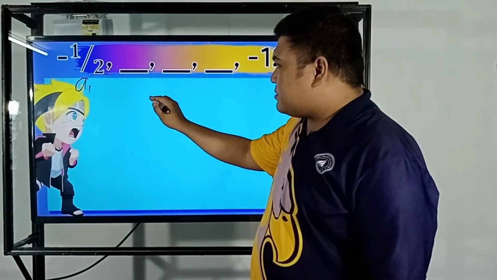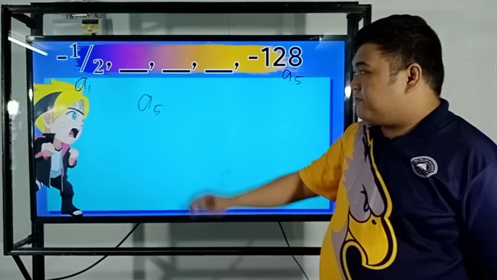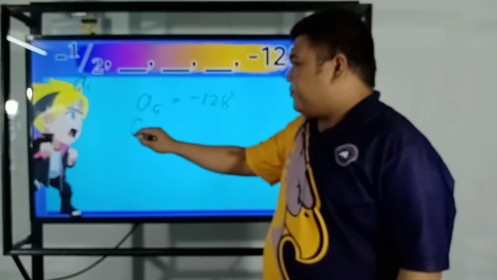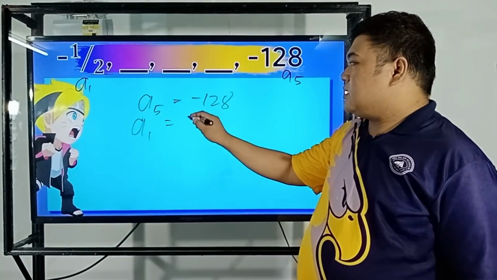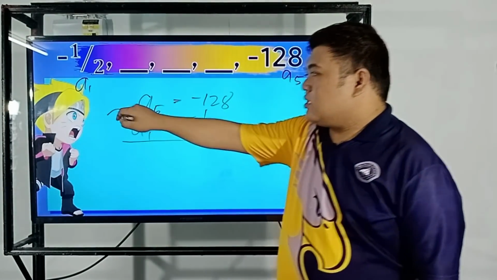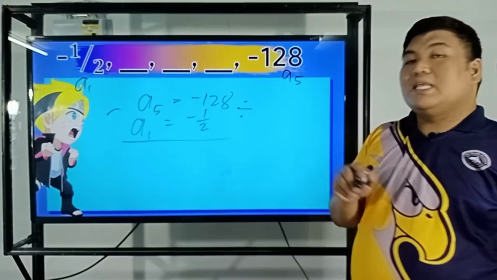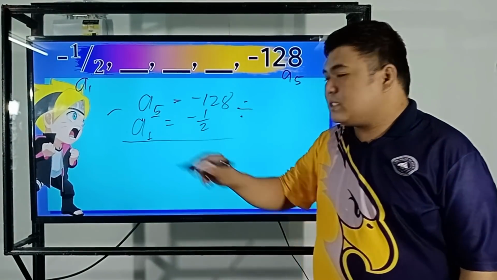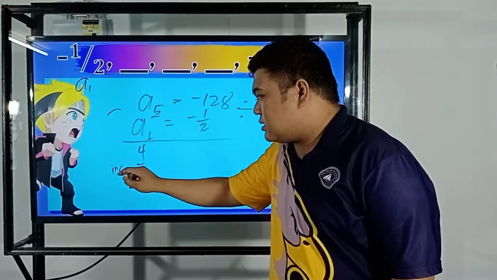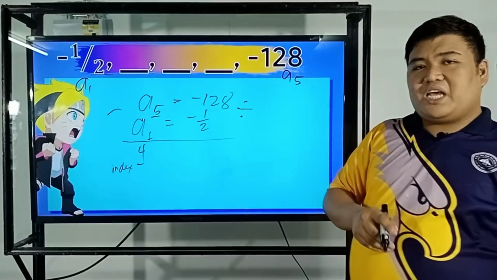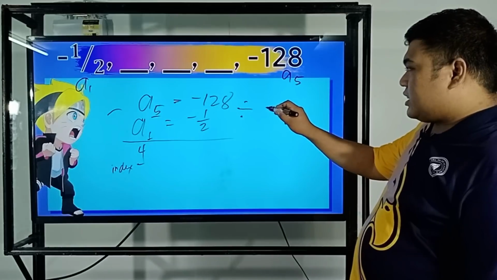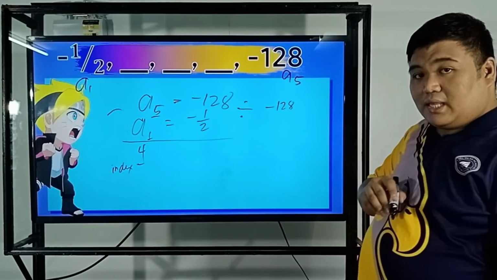Doon lang tayo sa shortcut para mas madali. A sub 5 equals negative 128. A sub 1 equals negative 1/2. Again, minus sa kaliwa, divide sa kanan. 5 minus 1 is 4, and this will be our index. O, paano si negative 128 divided by negative 1/2? O, negative 128